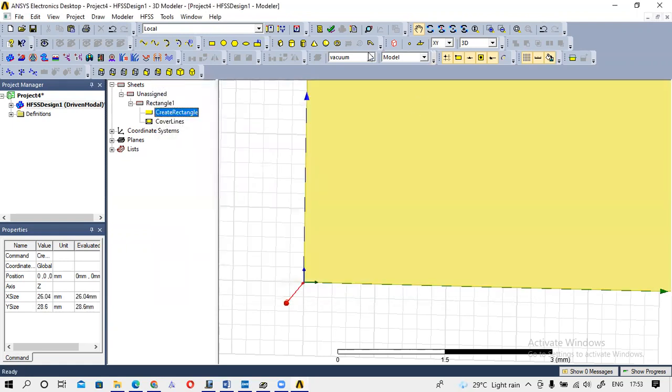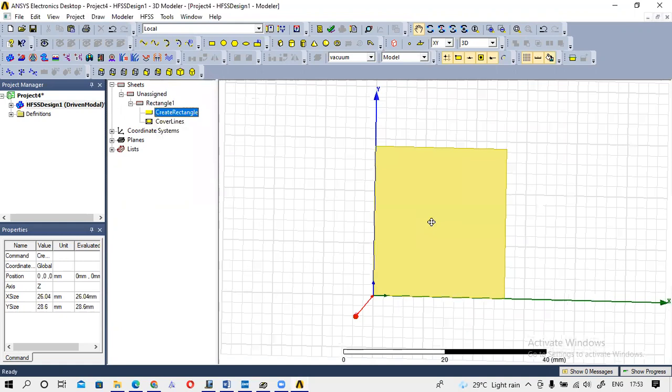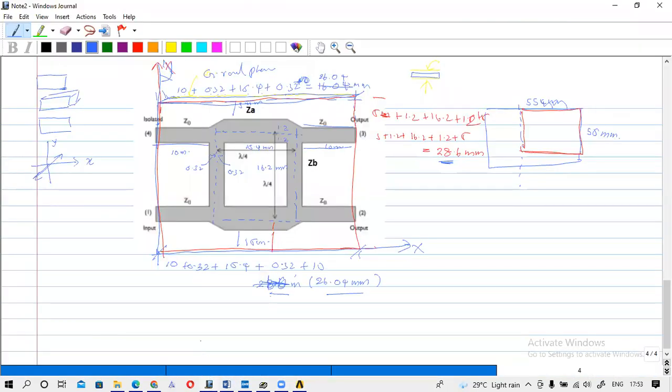Okay, so this is our rectangle. We have designed the ground plane, we have drawn the ground plane. Now we will draw